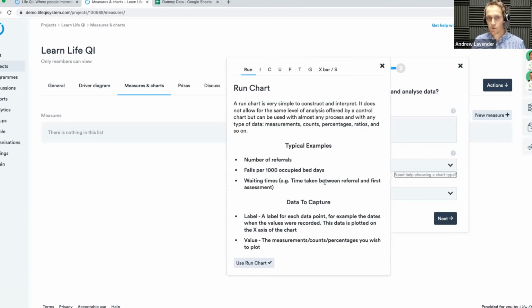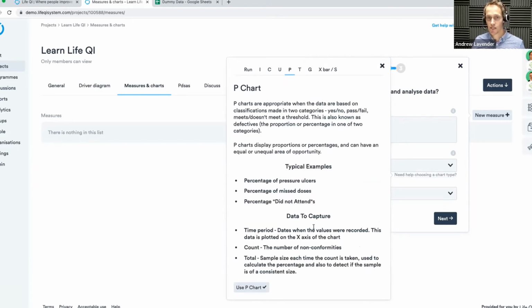What I find really useful is some of the guidance that's given around the different chart types. So we have a bit of a summary of all the different chart types. So run chart is the default in the system. Come read about that here. If you're interested in the other types of control chart, you can come and read about those. Like P chart, here it is. Some examples of when it might be useful and what data you would need to capture to be able to use